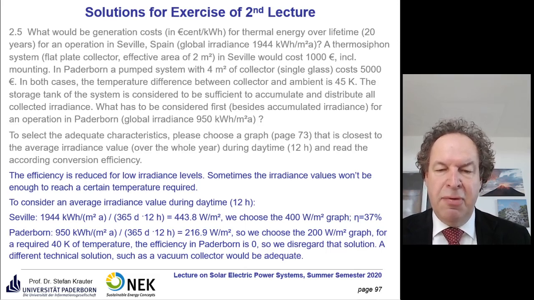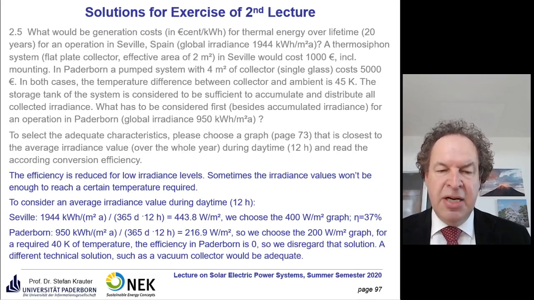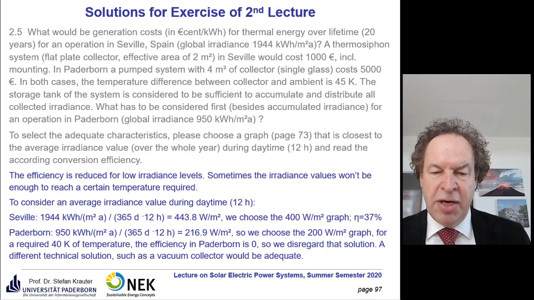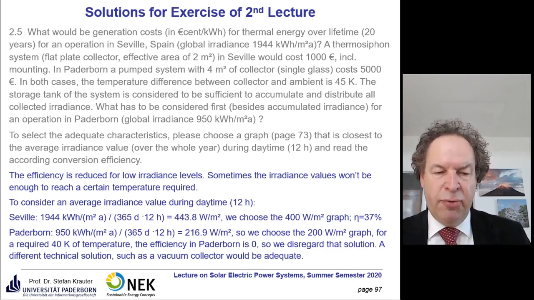That means we would have an efficiency of 37%, and then Paderborn irradiance is only half of that, speaking 950 kilowatt hours per square meter per year. And for the 365 days during daytime, this is equivalent to 216.9 watt per square meter. So therefore we choose the 200 watt per square meter graph, and for the required 400